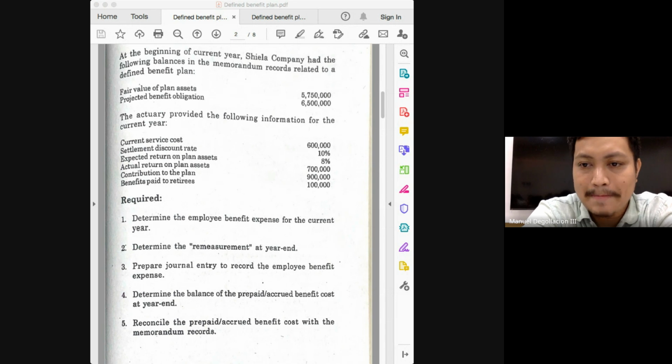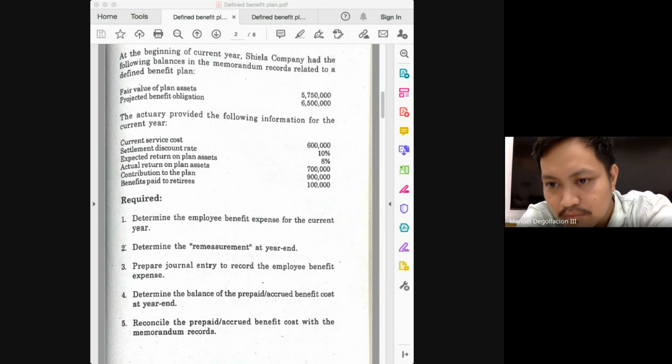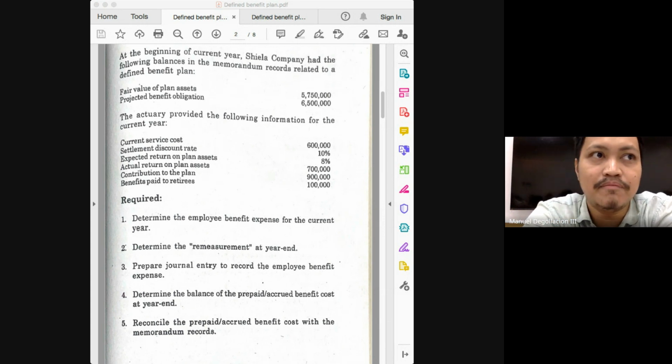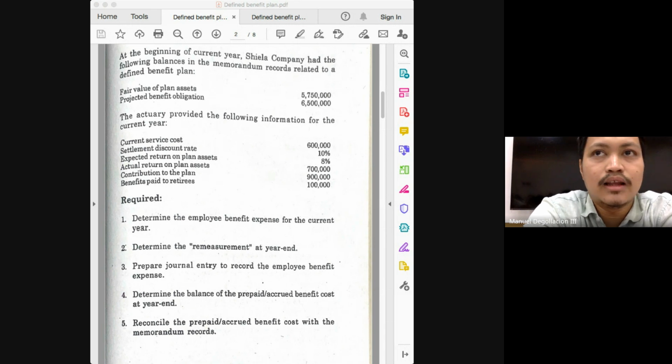And then deduct the total benefit cost, which was 550. Okay, so the net change then, class, would be, how much is 900 minus 550? Is it 350? Okay. What then would be the effect of this 350? Will it be added to the 750 or deducted? Deducted, class, because in this case, the contributions are greater. If your contributions are greater, then your obligation or your liability will go down. Okay. So 750 minus 350, you would also get your 400,000.